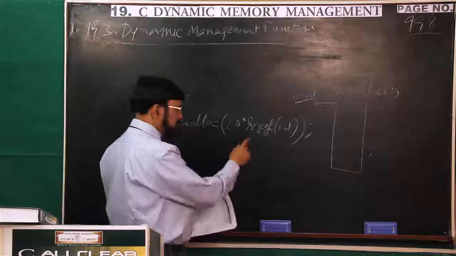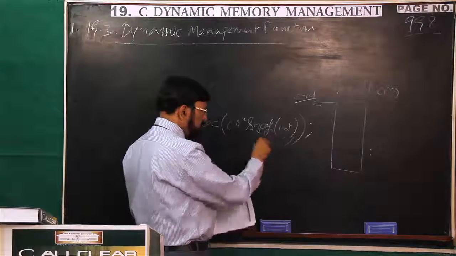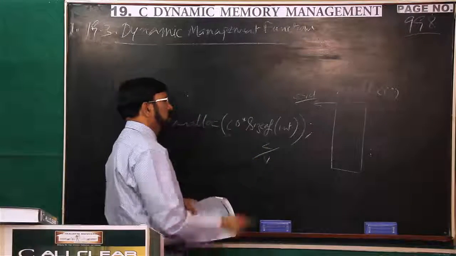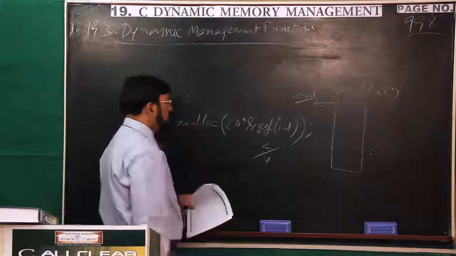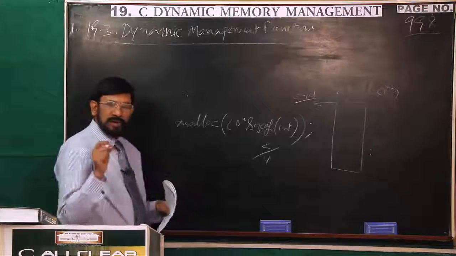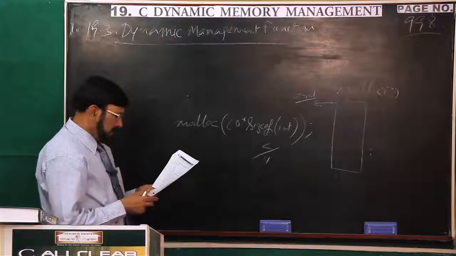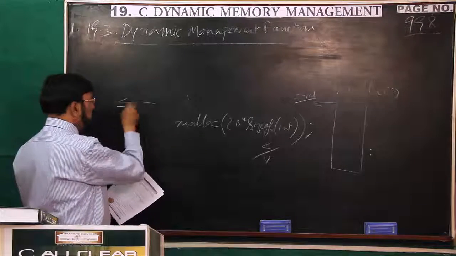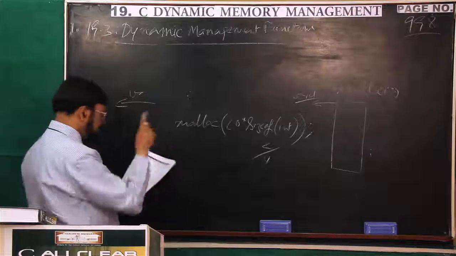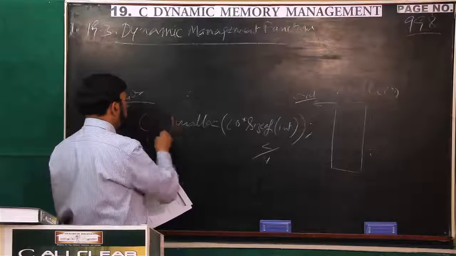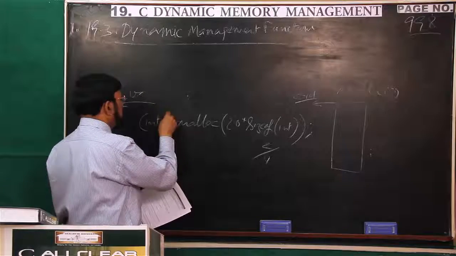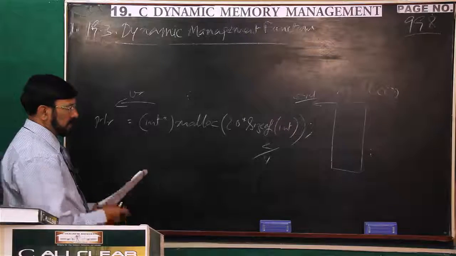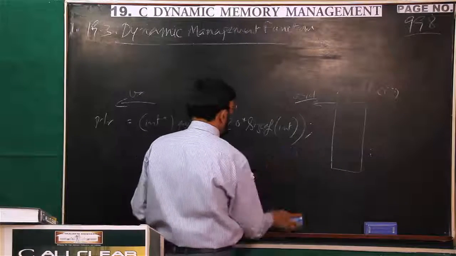Now just you can understand that sizeof int on a 16-bit machine is 2, and on a 32-bit machine or more is 4. Next, 2 into 20, 40. Malloc allocates memory on the heap and it allocated. But it returns a void type pointer. But here I am storing integer values. So that pointer should be typecast into int. Then you store it.